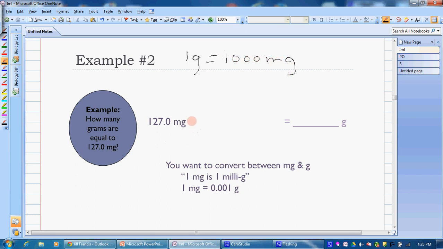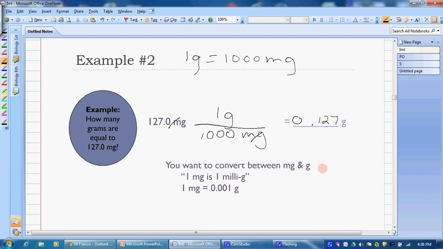Okay, we look here. We're going to write our fraction. We know our 1,000 milligrams has to go on the bottom because we want that one to cancel out. And our 1 gram goes on top. If you like it better this way, you could put 1 milligram on the bottom and the 1,000th of a gram on top. We take our multiplication across the top and we divide by what's on the bottom. We cancel out our units, and in this case we would have